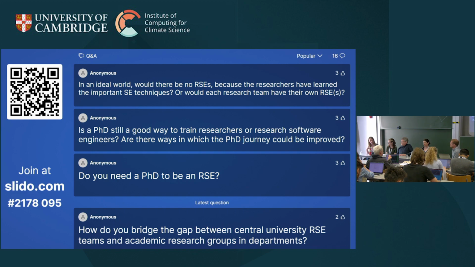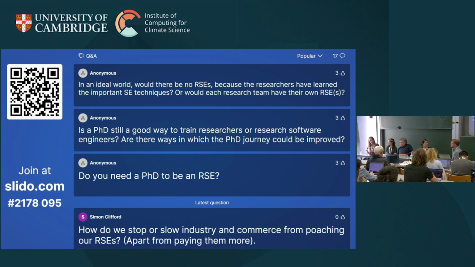I think also the PIs are sometimes a bit unhappy about the amount of work they get out, but then the line between a postdoc or a PhD student and an RSE gets really blurry. And there's this notion of having a researcher developer versus an RSE, and where is the difference really? It's actually a question that I have thoughts about, but I don't have the answer. And I do think in computational science that embedded RSEs are actually a really important thing and can really